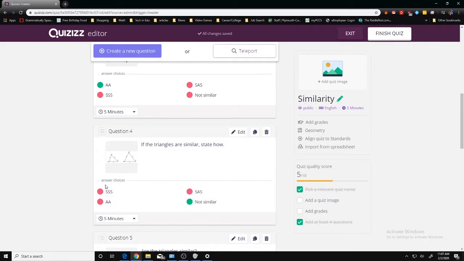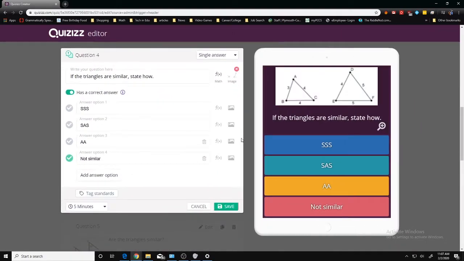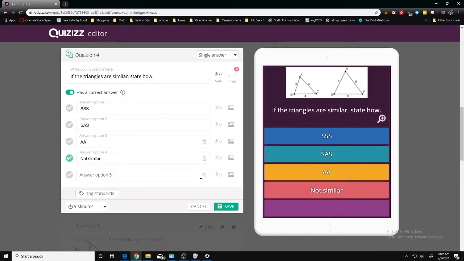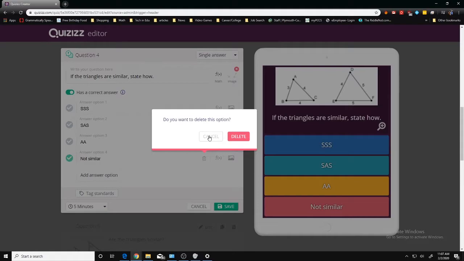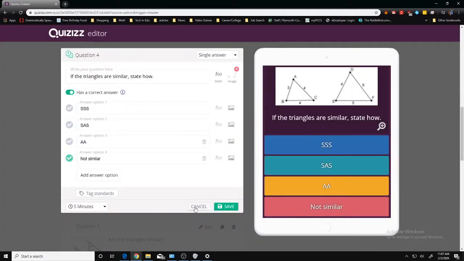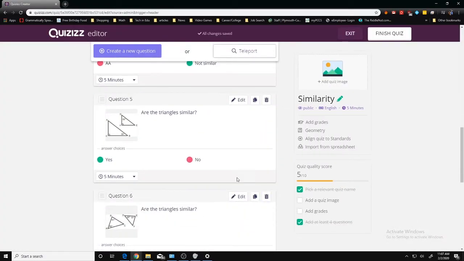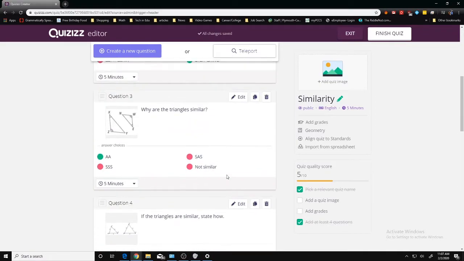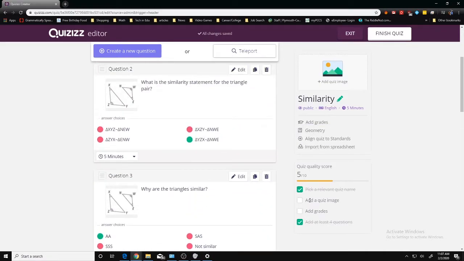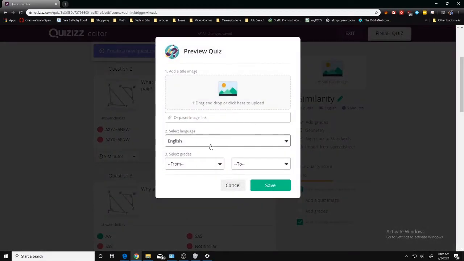Let's say you didn't want to have 4 answer choices, or you wanted to add another answer choice. We can edit the question, and just like the previous screen, you can add another option and type that in, or get rid of an option. Alright, so now that this is done, over here you can add some other things if we wanted to make it